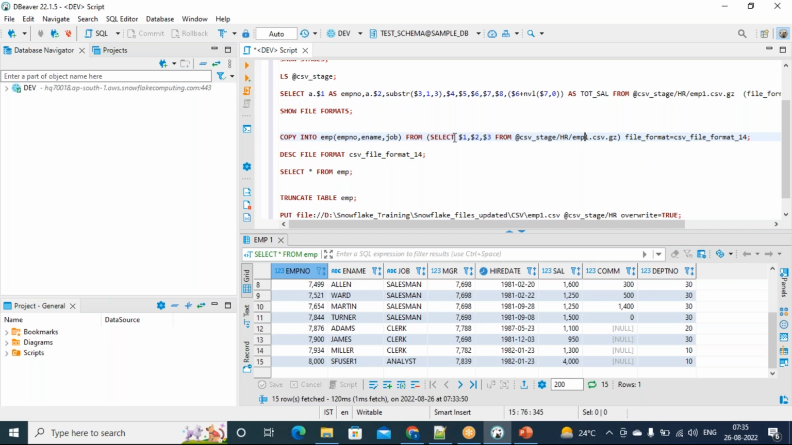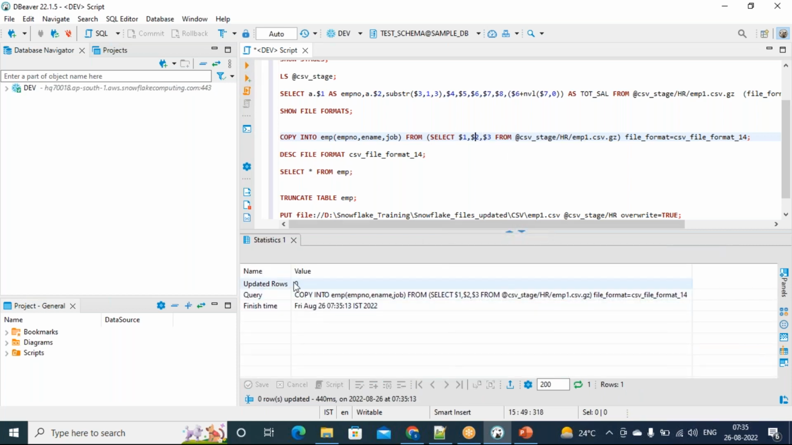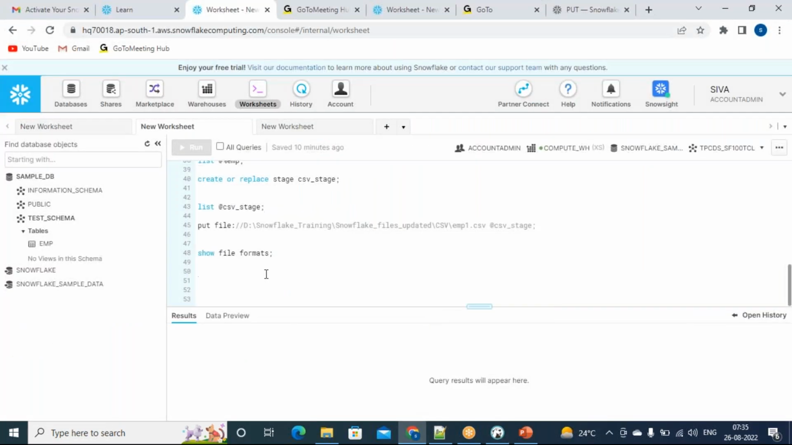Okay, and if it is already loaded, it will not do any copy operation. It will simply skip that, and it will give us a message like 0 rows loaded here. See here, it is giving the same thing. Updated rows are 0. So if I run the same thing in the web interface, you'll get the exact